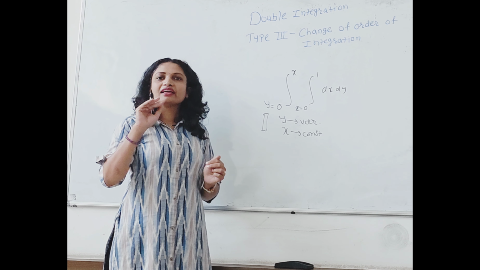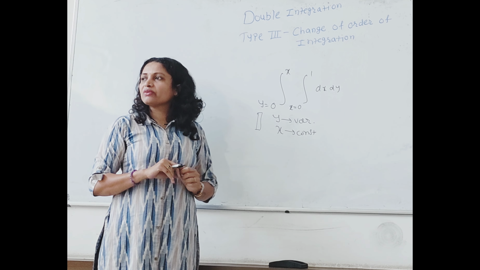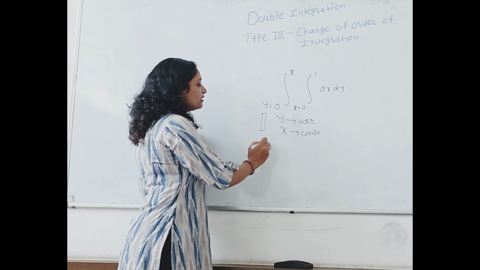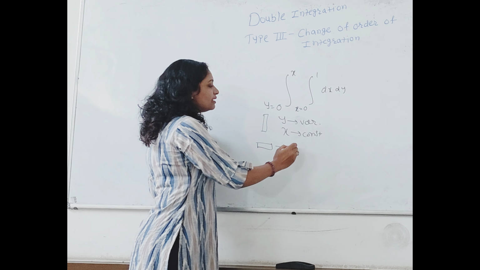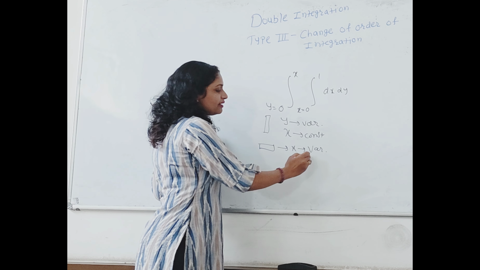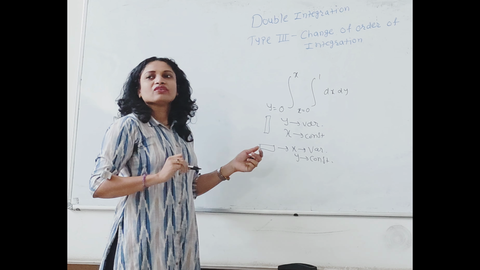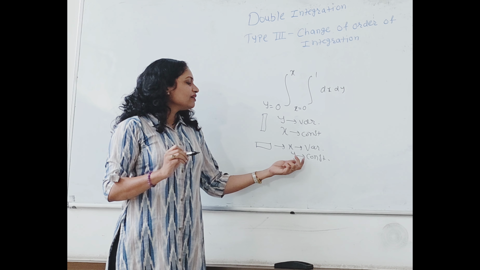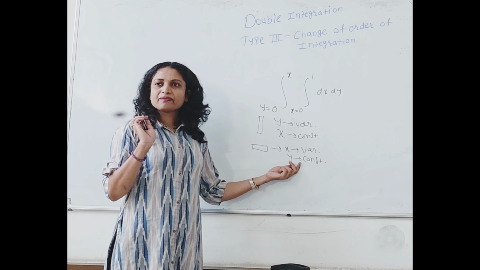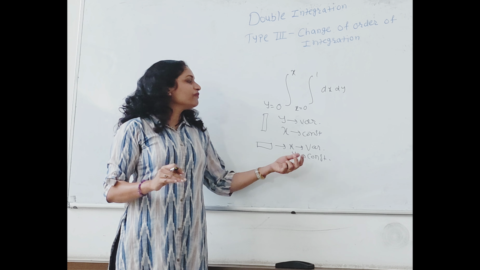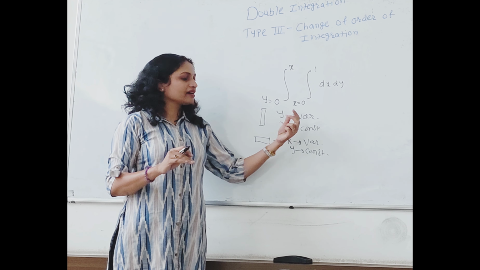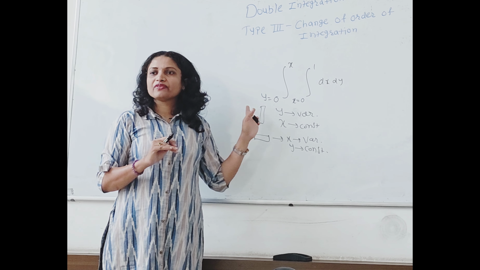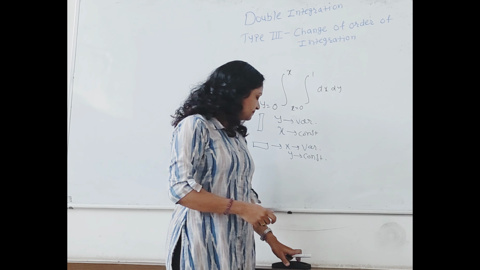To change the order, I need to integrate firstly with respect to x. So which strip is to be considered in such cases? Horizontal strip. A horizontal strip will give you x limit variable and y's limit constant. So by rule you will integrate now with respect to x and later on with respect to y. In this way you need to change the order. If a vertical strip is considered in the example, you will consider horizontal to change the order, and vice versa. Right?